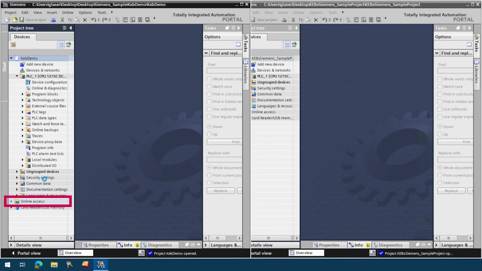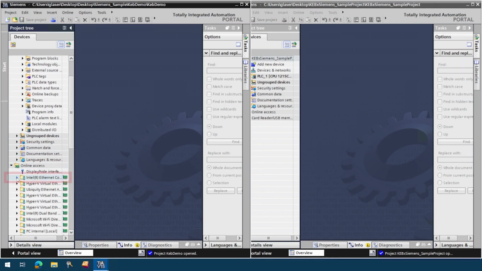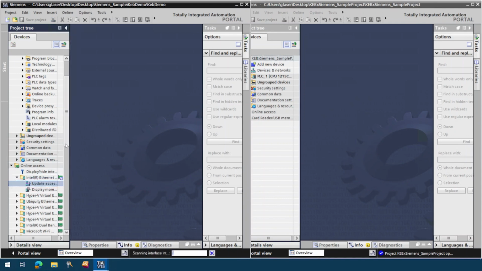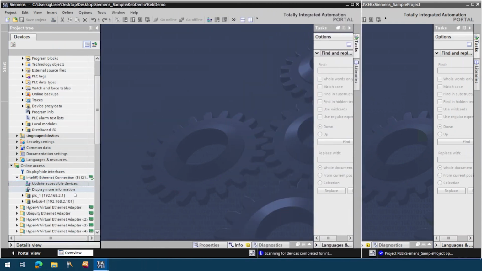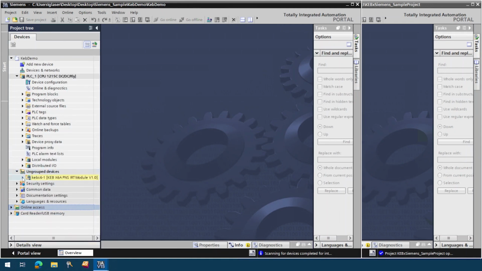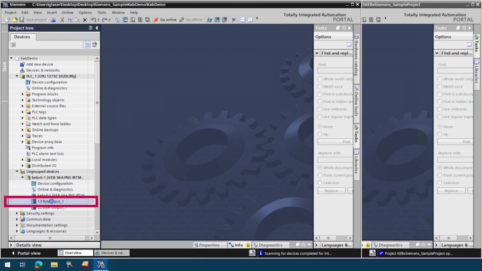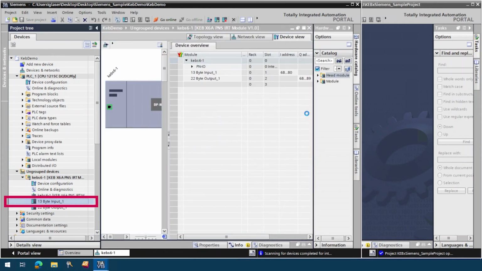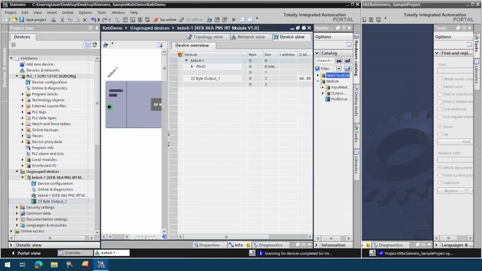First, we will go into online access, go into our Ethernet adapter that we're using, update accessible devices to make sure that our devices are on the same network. They're both on network 192.168.2. Just like we did in CombiVis 6, we will change our process data setup in TIA portal by swapping